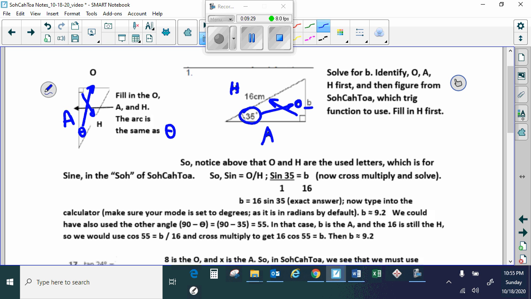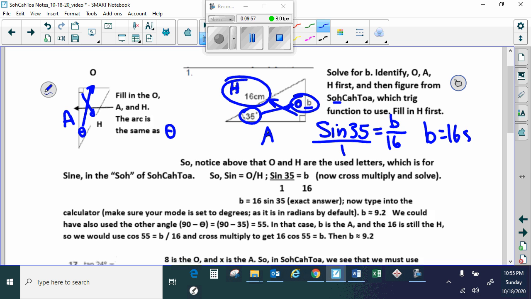So I look at what's given to me. I'm given the hypotenuse and I'm searching for the opposite. So which one has the letter O and H in it? In SohCahToa, right there, O and H. Sine. So I have the sine. Remember, theta represents an angle measure, so that's 35 degrees. Equals the opposite, B, over the hypotenuse, 16. I can always put that over 1, and I just cross multiply. So I get B